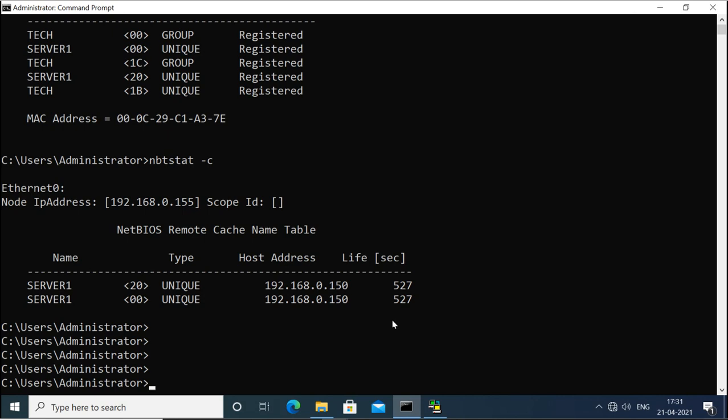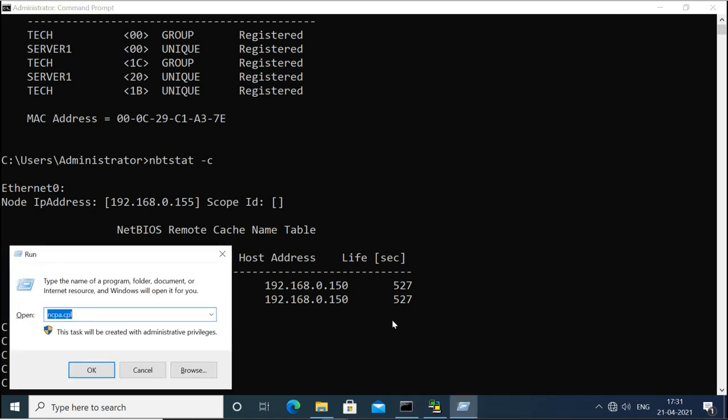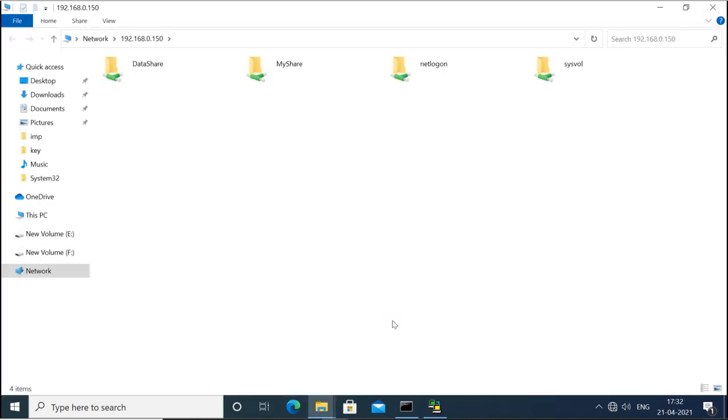For example, I want to access the share folder of that server. I will press Windows run, then I will give the IP address or name of that machine. Now when I press enter, it asks the username and password. Now it is not asking because it is cached. So still I am accessing it with some user's authentication, so I will get only the permission which that user has.